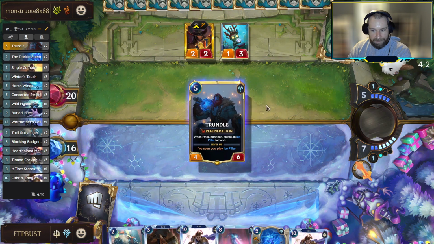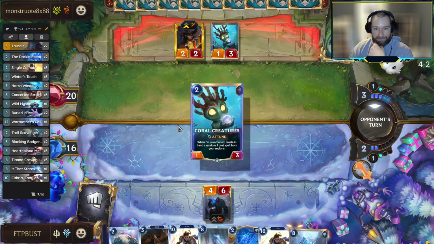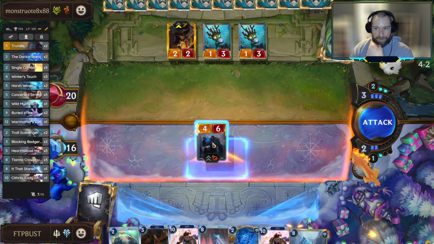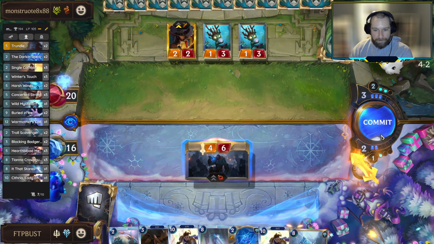All right, well, we can get some units on the board, though. I think if we're going to look at the next turn as just playing It That Stares, then we probably don't want to drop the Troll Scavenger. It's just going to end up coming in and trading away. But the kind of thing with these cards like Troll Scavenger, or I should say with It That Stares, is our only answer to...